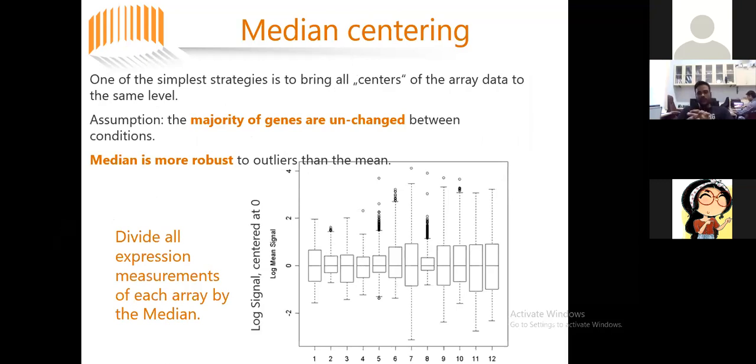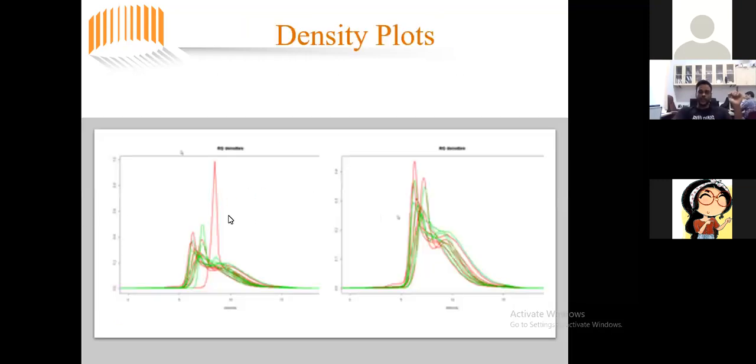Here the majority of genes are unchanged between the two conditions, as the log signal of the median is now centered at the 0 point. We can also assess the normalization by the density plots, where we need to check whether the density distribution before normalization and after normalization has been properly done or not.